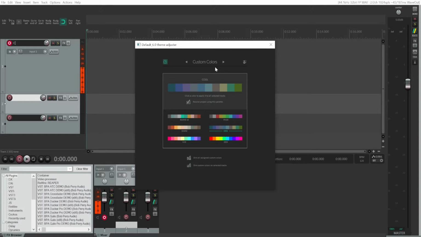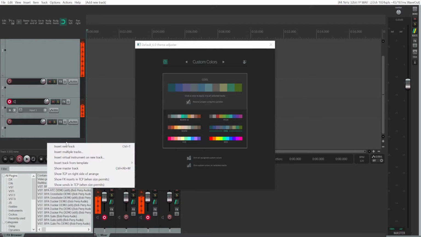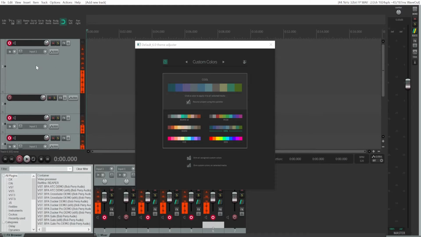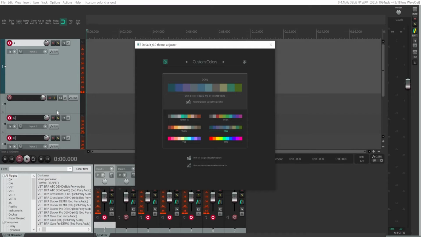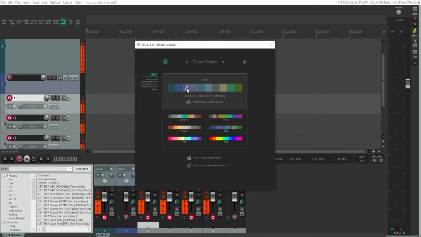Then you can go to custom colors. We'll insert a few new tracks, and with custom colors you can change the color of each of these tracks and mixes as well. So what you have to do is choose the palette that you like. We'll go with the cool one. And now you need to choose a particular track, and you're gonna choose a color for that track. So for the first one, I'll choose the first one, and then we go